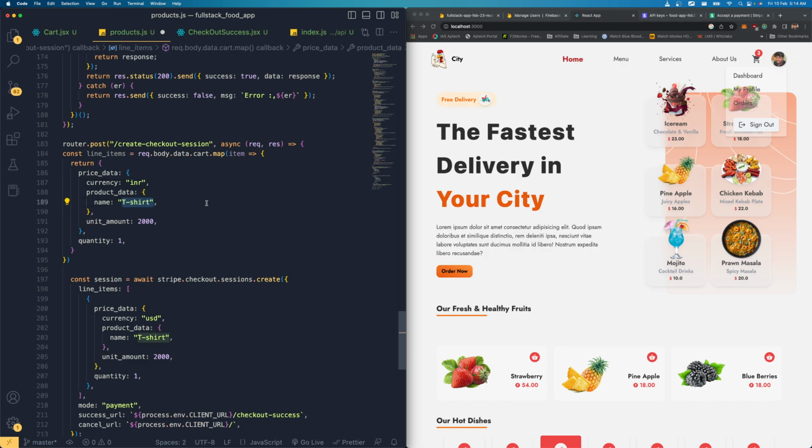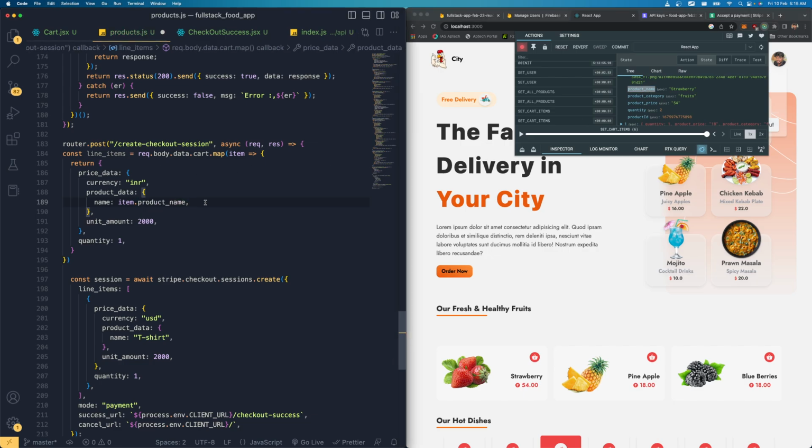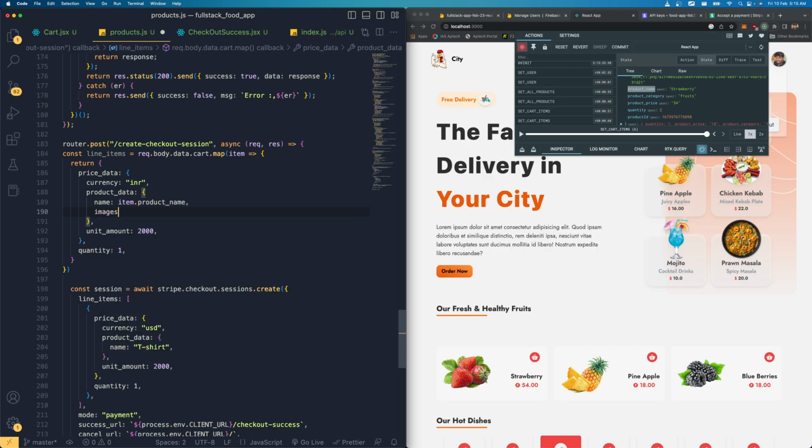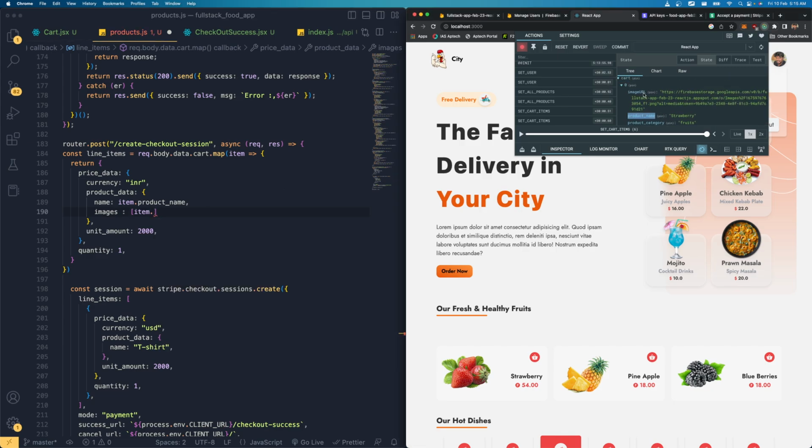Name is going to be item dot name, that item name, product cart, and get that product name, paste it here. Then we need to send the images, it should be small lowercase, then send it as an array, item dot image URL,